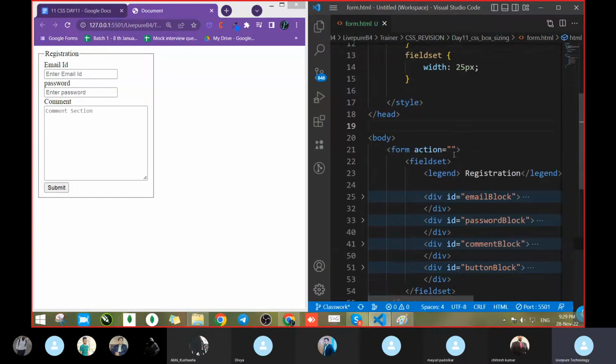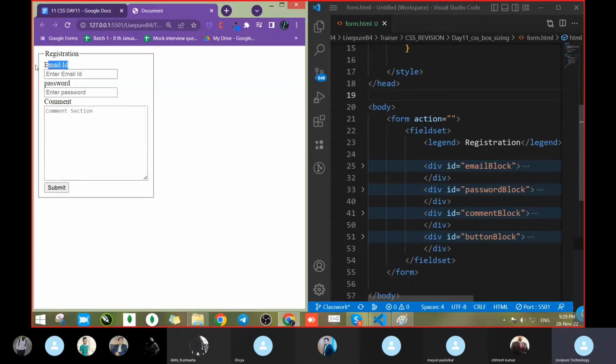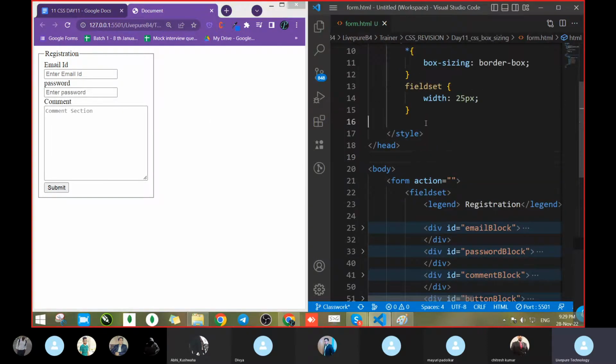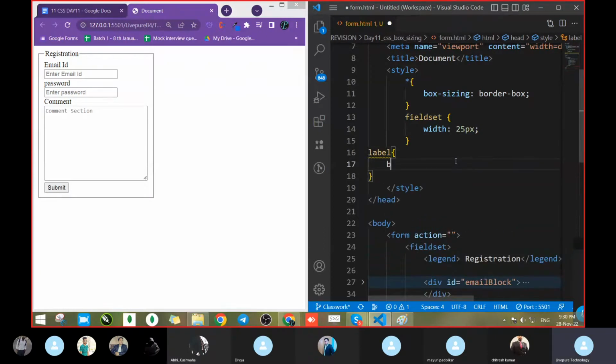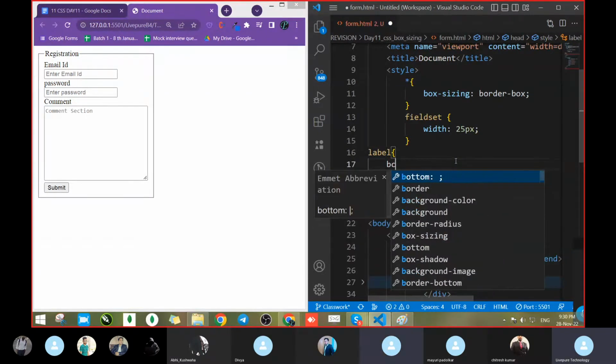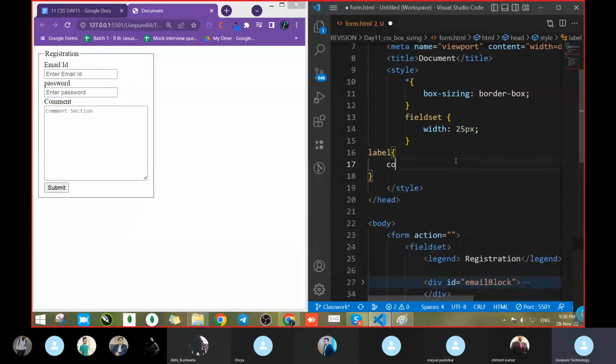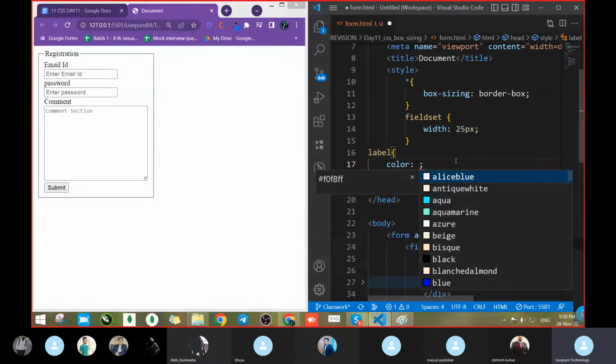Next, what we can do? We can design this input, all the email, password, and let's see whether it's working. Yeah, it's focused. It's also focused. Fine. Now let's design that input, all the label color. Just we have to design. How to design that? All the label color. So let's take a label. Label. After that, background color. Take a color, and